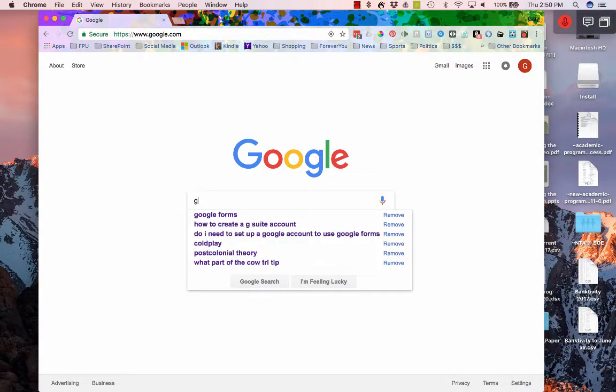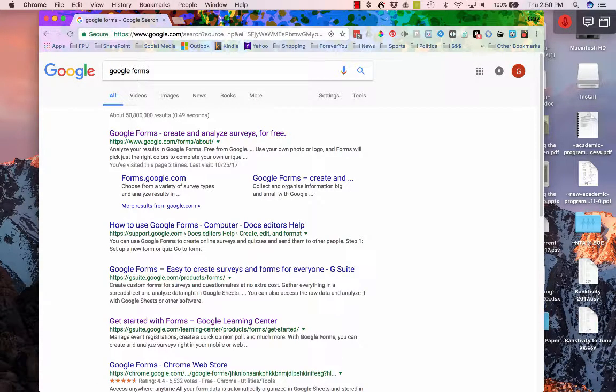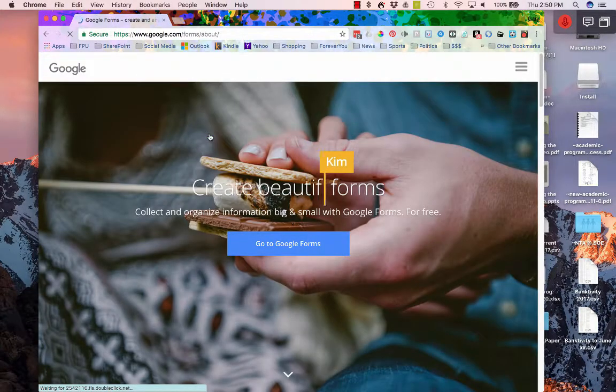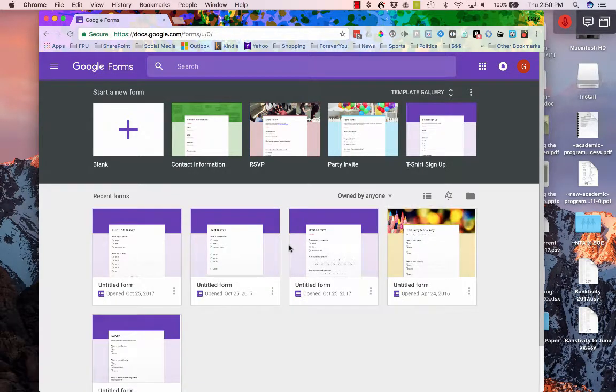So the way to get to Google Forms, one way to get to it is to go to Google and search for Google Forms. And once you get there, you might be asked to set up an account. The account is free, and once you do that, you are able to have access not only to Google Forms, but Google Docs and Google Slides, other Google websites. So what we are going to do is start with a new form,